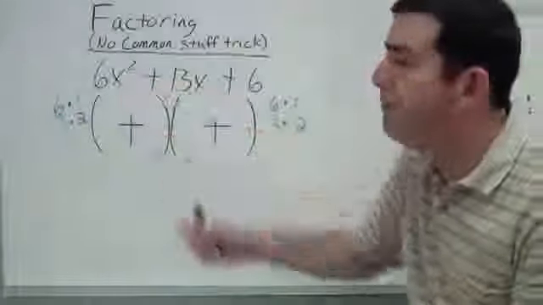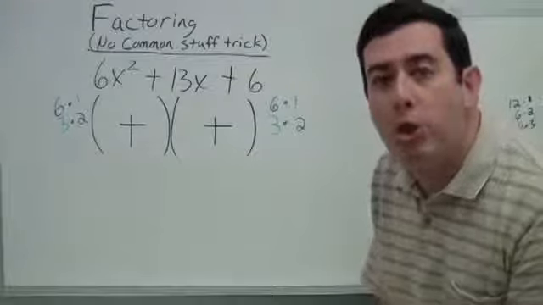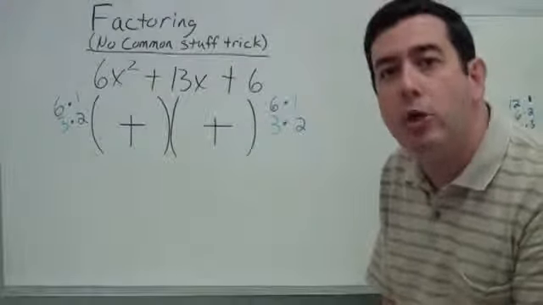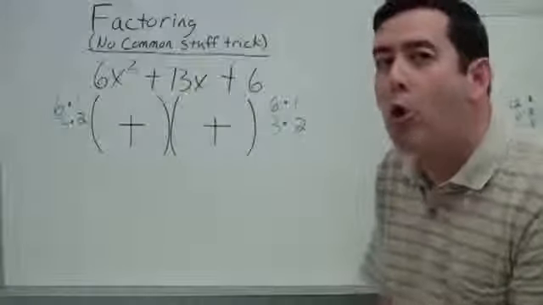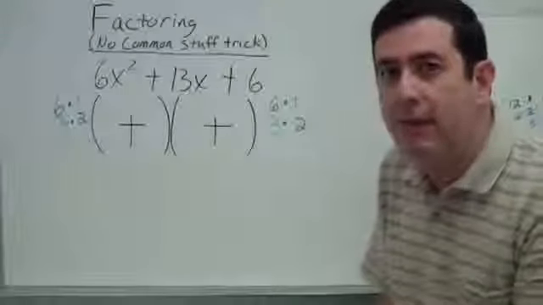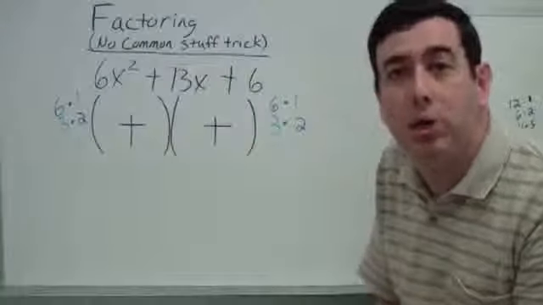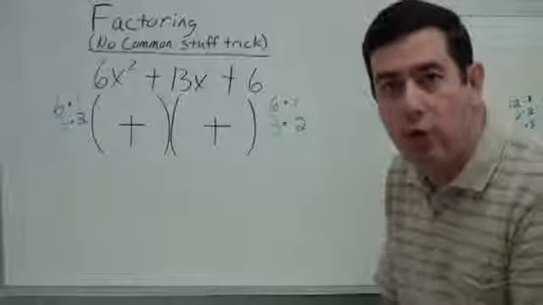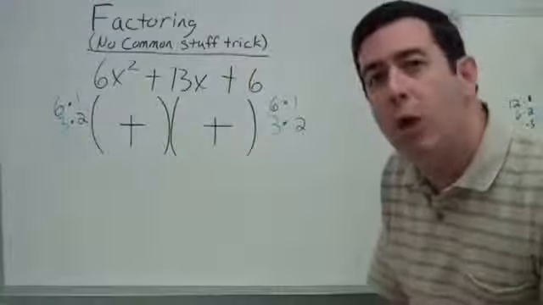1, 2, 3. Whenever there are 3 terms, I always say, boy, I sure hope it's a perfect square trinomial. If it is, it factors very easily into just a binomial squared. In order to be a perfect square trinomial, we have to have an even middle term. This one does not. That makes it a general trinomial. As soon as you see that it's a general trinomial, put down 2 sets of parentheses and we're going to